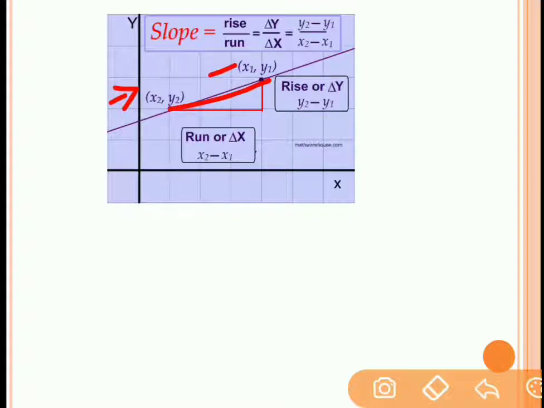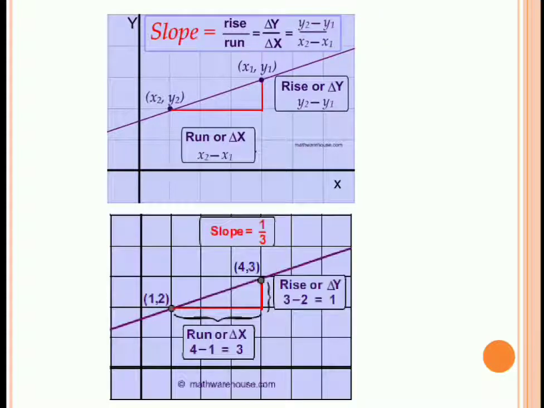What is the slope? Slope is the angle which this line segment makes with respect to the horizontal line. The formula for the slope is what? Change in y upon change in x. So if 2 points are given in the question and you have to find out the slope, you have to use this formula, that is slope is equal to y2 minus y1 upon x2 minus x1. Understood? So the value of slope is equal to y2 minus y1 upon x2 minus x1.